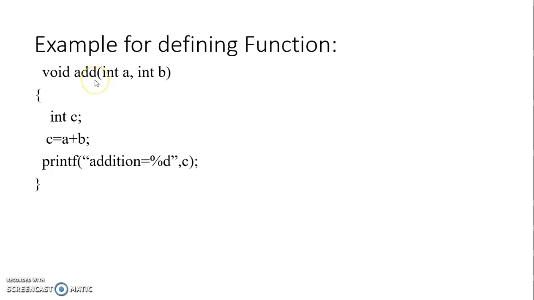After that, everyone getting this line. After that, in the curly bracket, here you can see the open and the close curly bracket. In that we need to define integer c. This is my output variable. I am not writing the output variable in the parameter list. In the parameter list we need to keep only two variables, that is input variables, and then